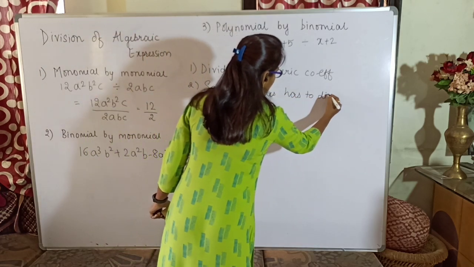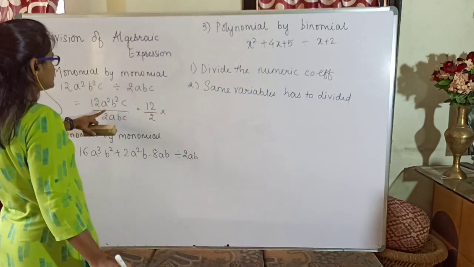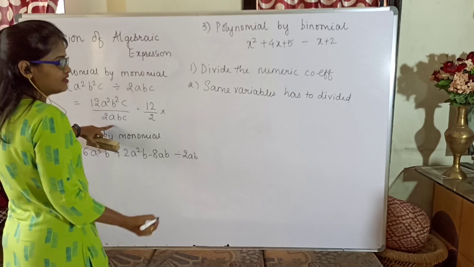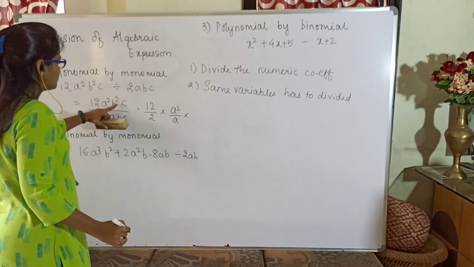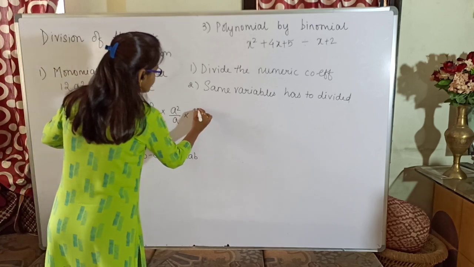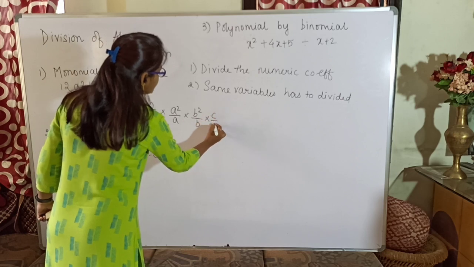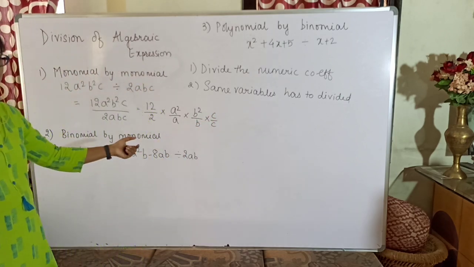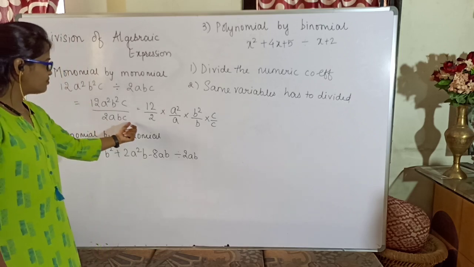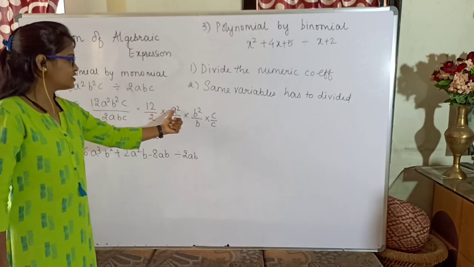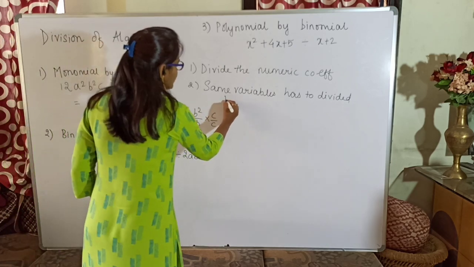But how to divide them? Let us first write down the same variables separately. So a square and a, same variable. So a square divided by a into b square divided by b, whereas c divided by c. So what I have done, I have written all the same variables separately. See, 2abc, whereas 12a square, b square, c. Now how to divide these variables? By making use of